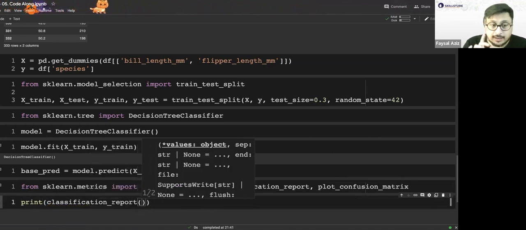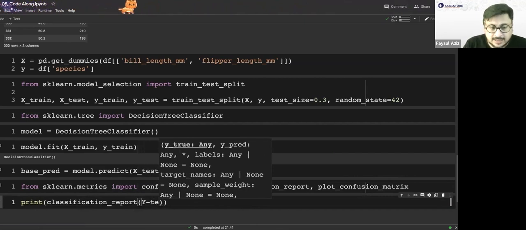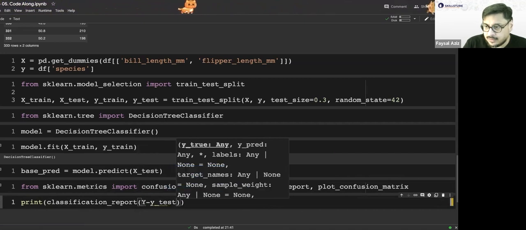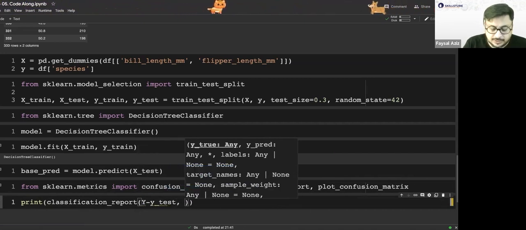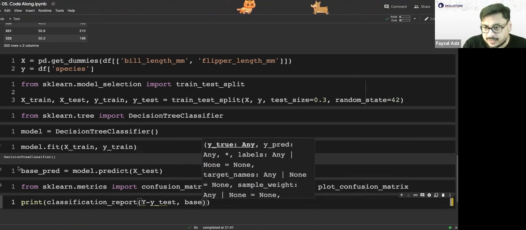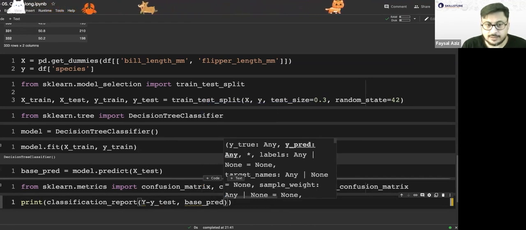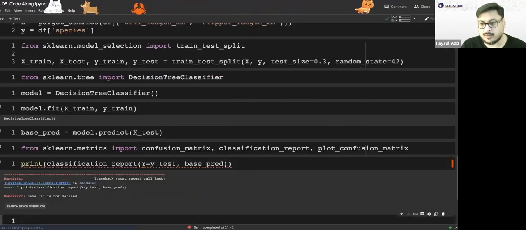With what? Our Y test against the base prediction. Base prediction is this, which I predicted, and I have no idea whether it's good or not. Now, when I run it, it's going to give me some numbers.